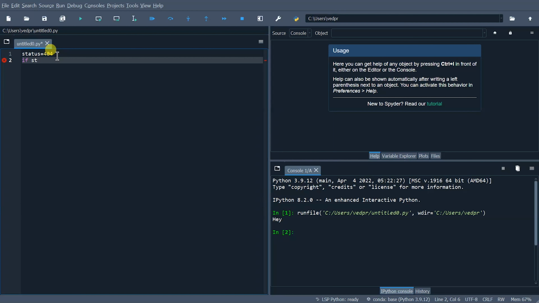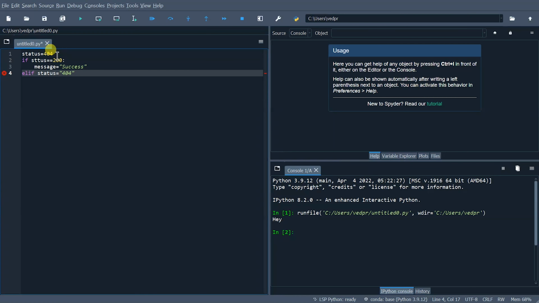So let's start writing the code. Status is equal to 200. Then we will just define a message variable that is success, and then elif status is equal to 404, message equal to not found,